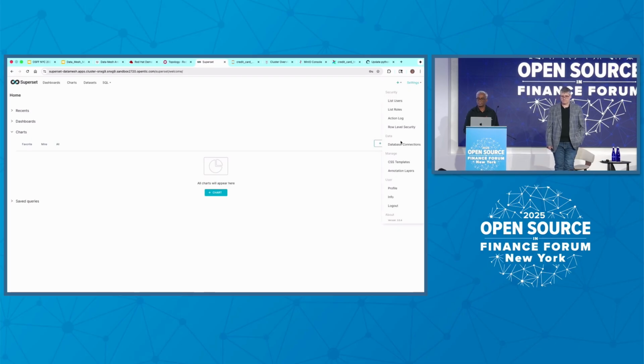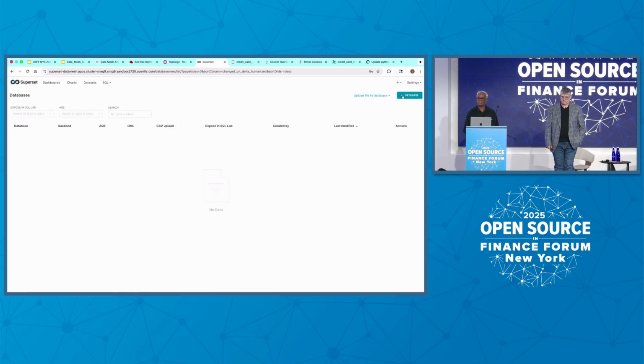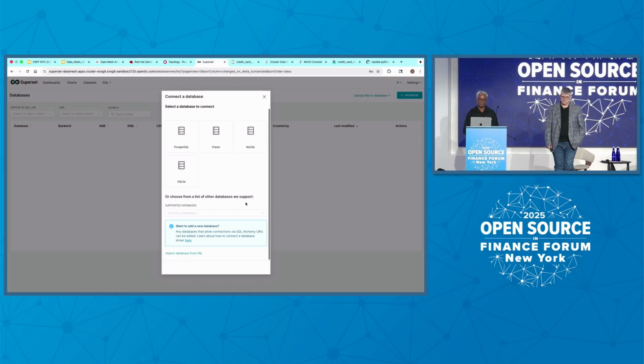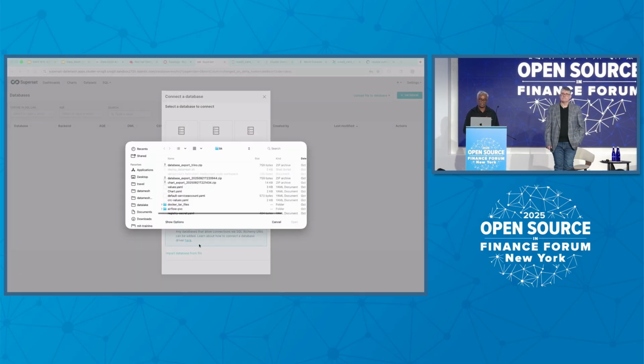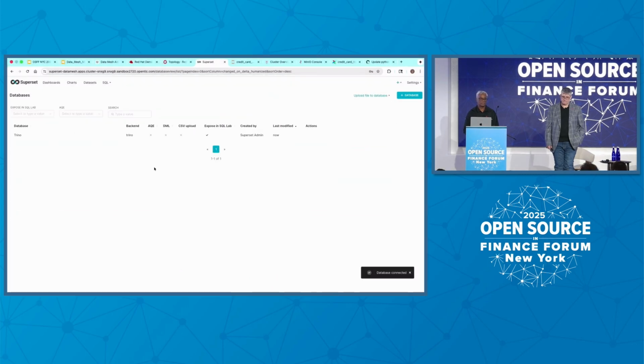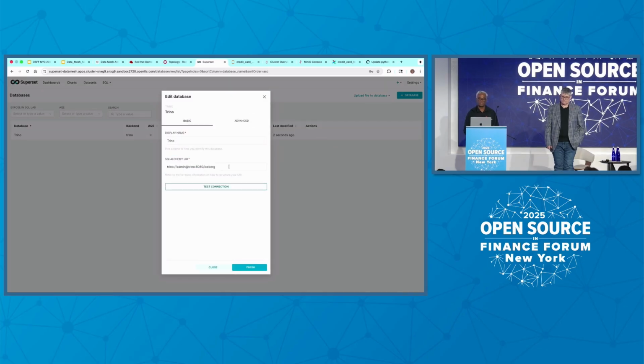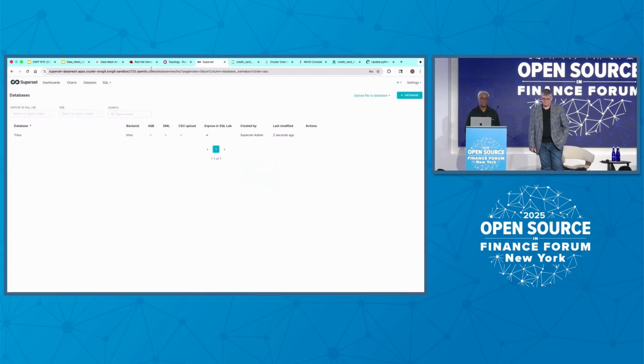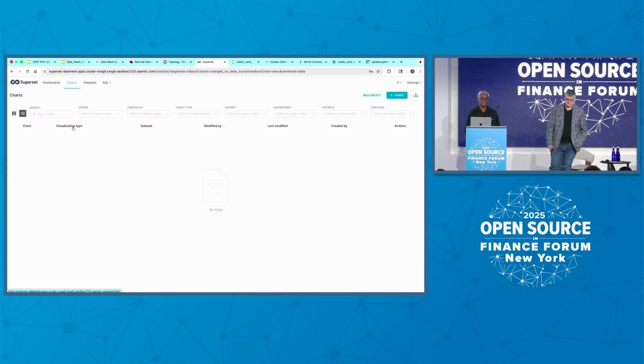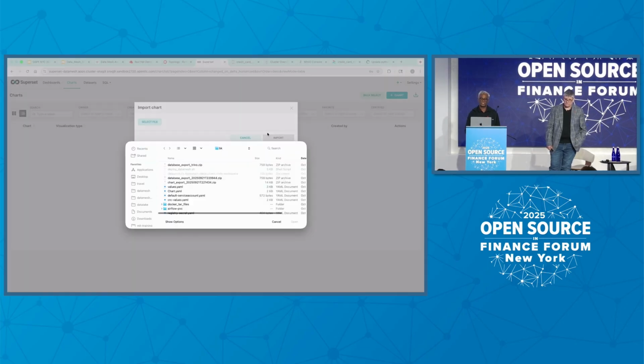So let me connect Trino through Superset. I already have all the connection configuration. So this is my Trino connection. I can show you how it is connected. Look here, Trino at Iceberg, port 8080, right? So now I can go and visualize all my data through the dashboard. Import the dashboard. I already have that dashboard for my data.